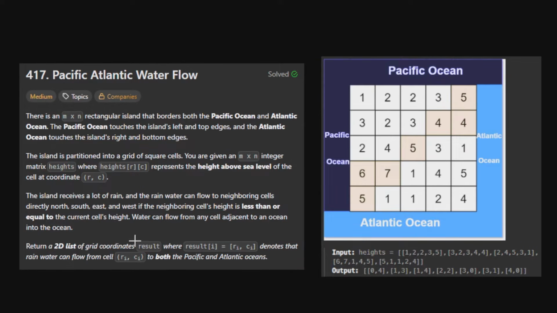We need to return an array result where each element represents the coordinates for every cell from which, when it rains, we can reach the Pacific Ocean and the Atlantic Ocean. So we need to add the coordinates for this cell, for example. This is row 0, 1, 2, 3, 4. And for the columns, we have the same. This cell belongs to row 0, column 4,